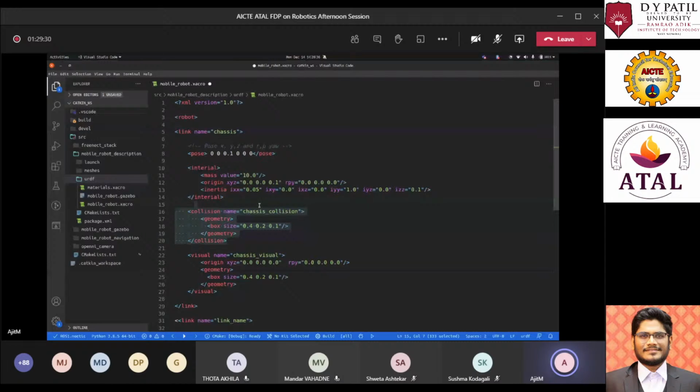Okay. So moving on, the next link I'm going to create is a caster wheel. But there is another question: what is collision? When you're simulating things in the world, say you have a robot moving in a straight line towards an object placed in the world, right in front of the robot, and it collides.